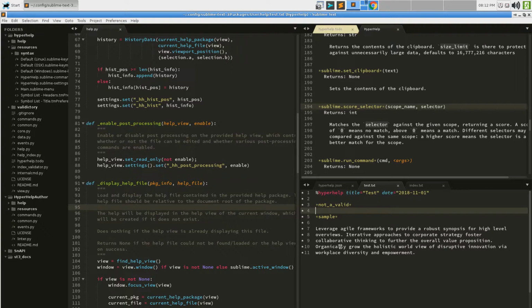So this is something that maybe will be a feature in HyperHelp a little bit down the line. I think I've talked about this before. Right now, HyperHelp, as we can see, is just a regular package, and that's just for development ease. It's actually supposed to be a dependency, which has a different layout and acts more like a library, and in that case, the resources like the key maps and the syntax and the menu items are going to be masked by the fact that it's a dependency.